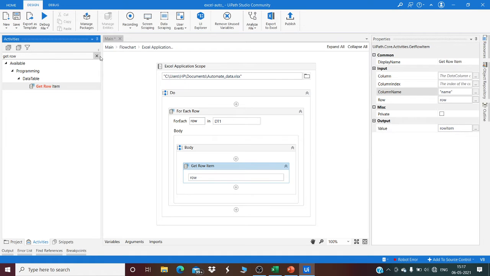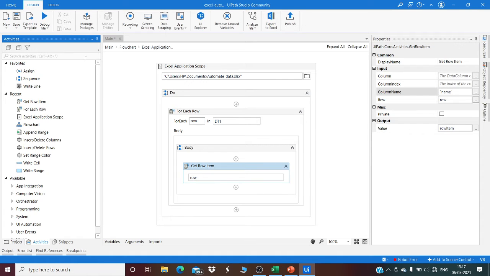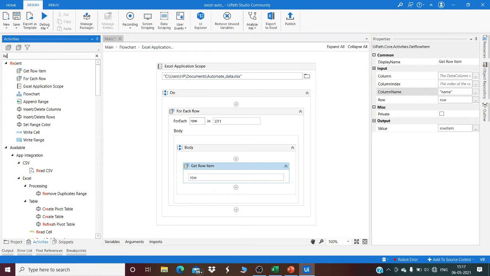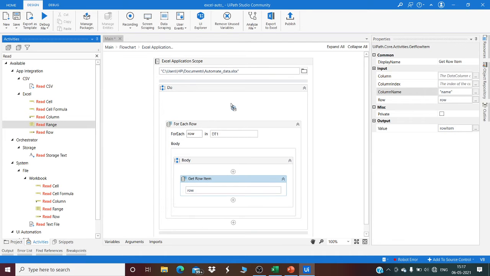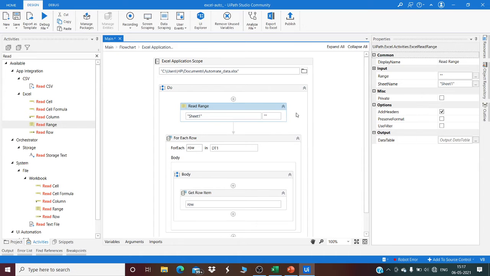After this much, you have to read data. To read data we have the read range activity. Be aware to select it from Excel, not from workbook, since we have the XLS path over here, the Excel file over here. So select and drag it to the do section of the Excel application scope.